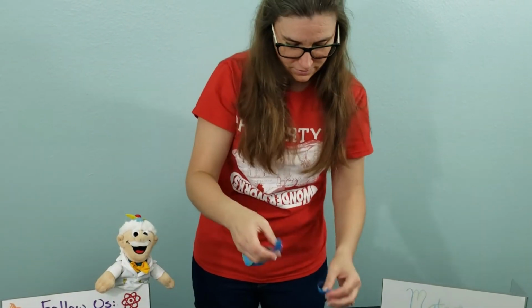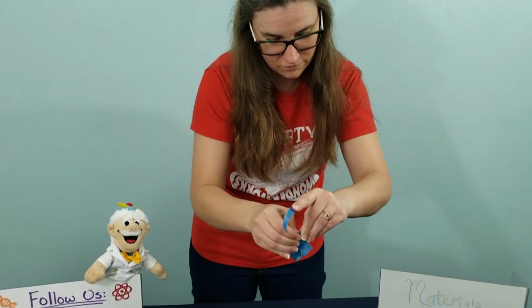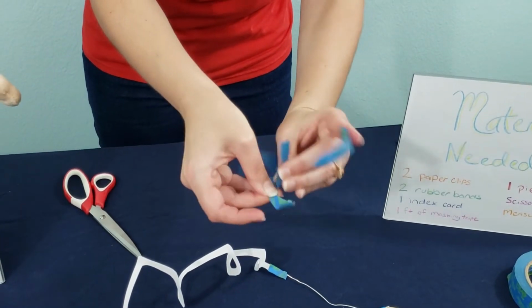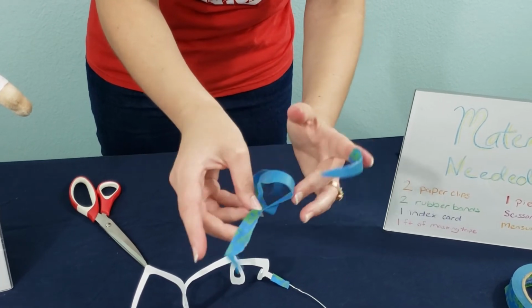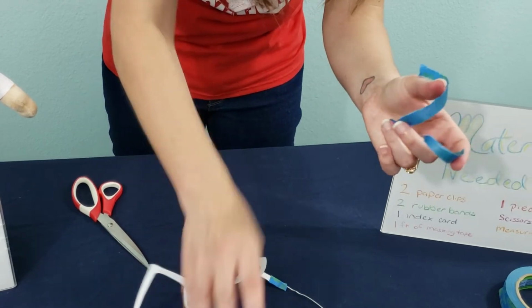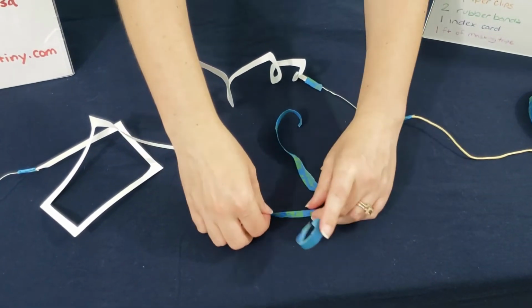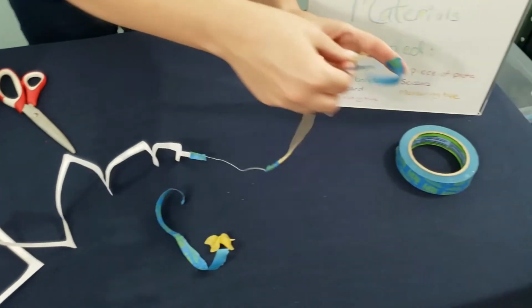Try this side. I'm going to tear it right down the center if I can. There we go. Good. What I want to do is I'm going to take the sticky sides and fold them over. So now I'm just giving my chain